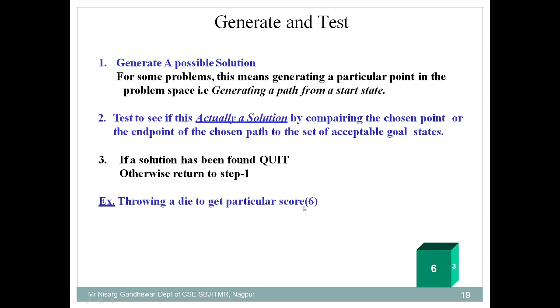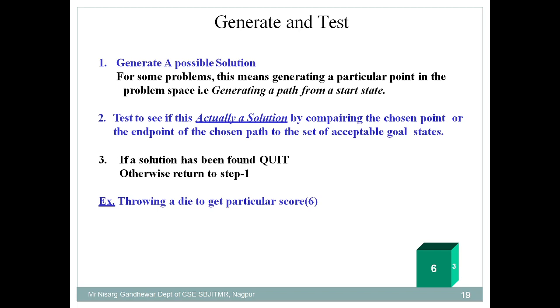Just imagine a situation that you are playing a game of Ludo. In case of Ludo, first of all your aim is to get 6 on the top of the die. That is your aim. So for that purpose, you are throwing the die and checking whether you are getting 6 or not. It is not necessary that the first time you throw a die you get the 6. Maybe it is possible you may get a 6, but generally it is not happening. You are throwing the die and checking on the top of that die whether you are getting 6 or not, because your goal state is what? You want 6 on the top of the die.